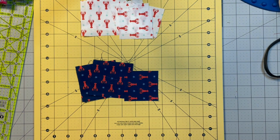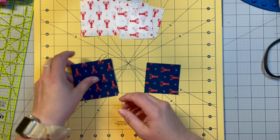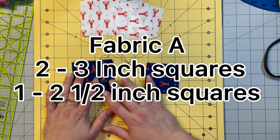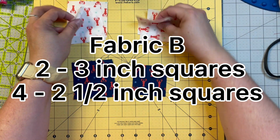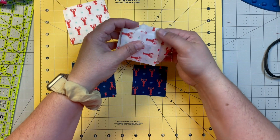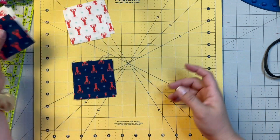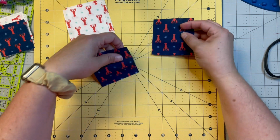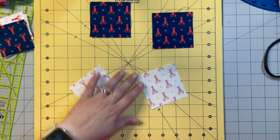So out of that, I cut, sorry, I almost dropped that. I cut out of the dark piece two that are 3x3 and one that is 2.5 squared. And out of the light one, I cut 2 that are 3x3 and 4 that are 2.5. So we're going to lay the 2.5 pieces to the side, and we're going to make these into half square triangles. So we're going to flip over the white piece,